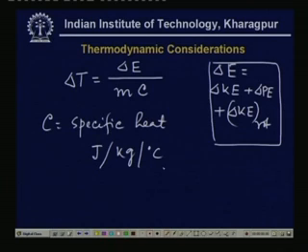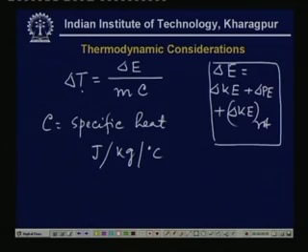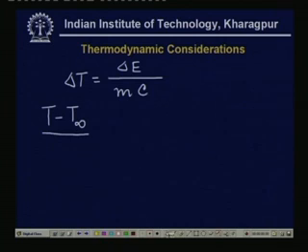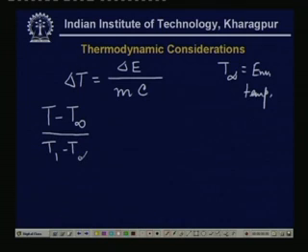Now, this is the temperature rise. The temperature becomes larger if delta E is positive, and that normally occurs during the braking operations. We have a large heat input. So, therefore, the temperature will rise. As soon as the temperature rises, it tries to cool off. We have to use now the law for cooling. The law is Newton's law of cooling, which says that T at any time t, where T infinity is the environment temperature, minus T infinity divided by T1 minus T infinity